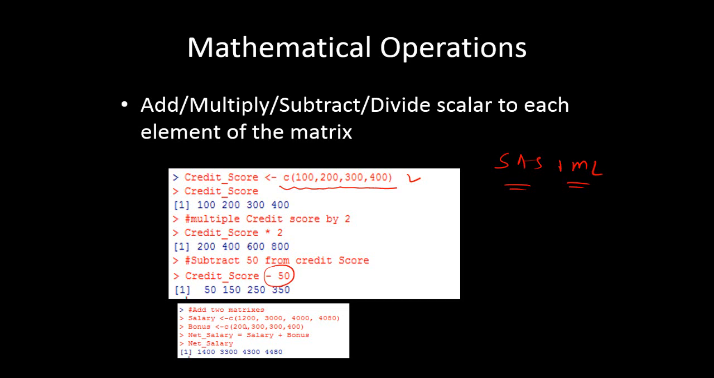We can also add two matrices, but the two matrices should have the same dimension. Like in this case, it's 1:4. This is called a salary matrix, and then there is another matrix called bonus, which is also a 1:4. So the matrices should have the same dimension so that we can add. But a scalar can be added to any matrix. That's not an issue. So you get what is known as net salary,